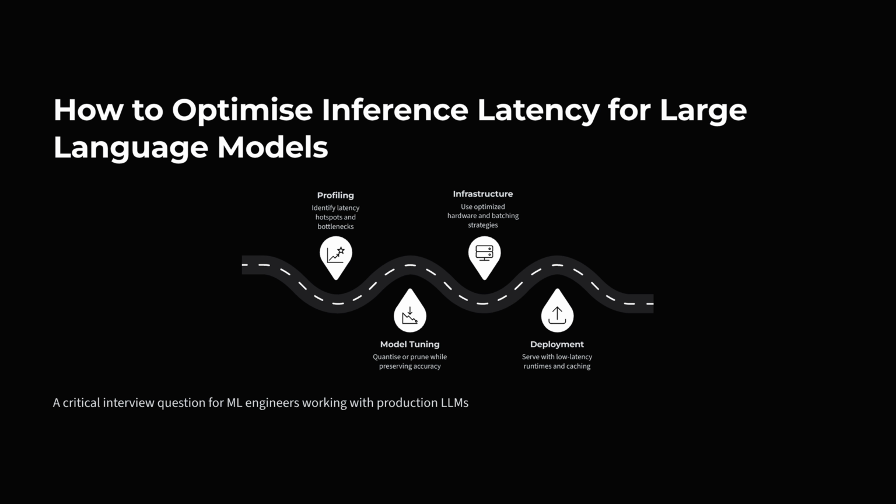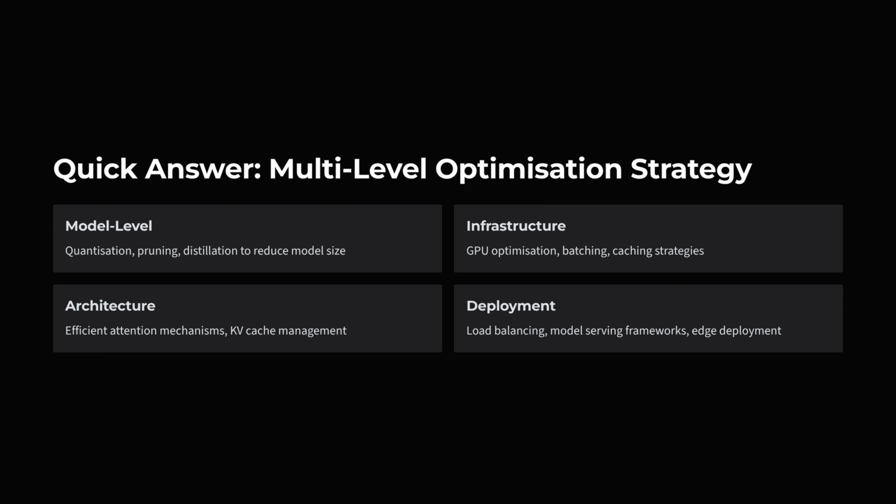Once this layered view clicks, optimization stops feeling mysterious and starts feeling manageable. Quick answer: multi-level optimization strategy. A simple way to think about optimization is to imagine 4 dials you can turn. The model level dial focuses on shrinking and simplifying the model through quantization, pruning, or distillation, so it moves with